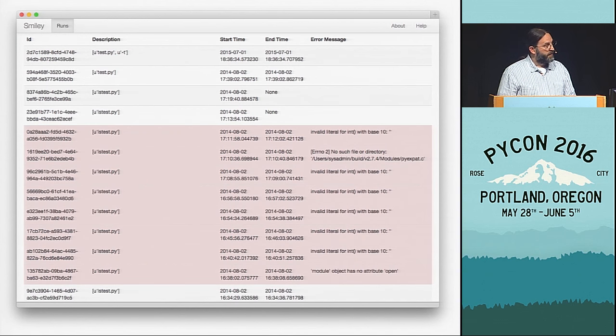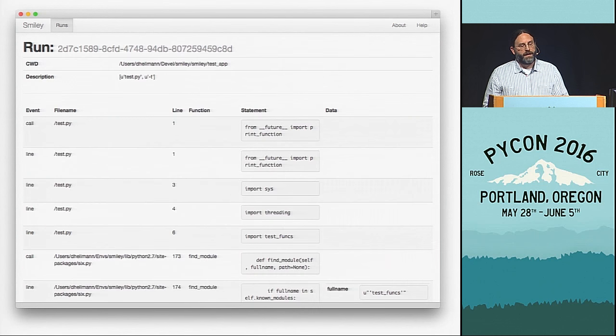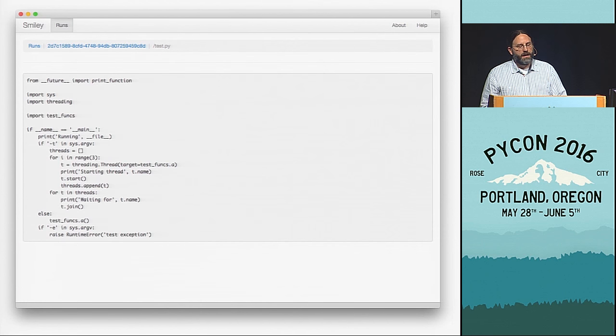Starting again, I created basically an analog for the list command, which is a list of all of the runs in a web view. Then I added links to the left column there to provide a way to get to the view for the trace output itself. That shows each line of the script being run, just like the console program, but it's a little bit easier to read because the formatting is improved. And for the command line tool, you just use your editor to look at the source code, but for the web app, I wanted to be able to show that old code that was in the database, so I added a view for that.